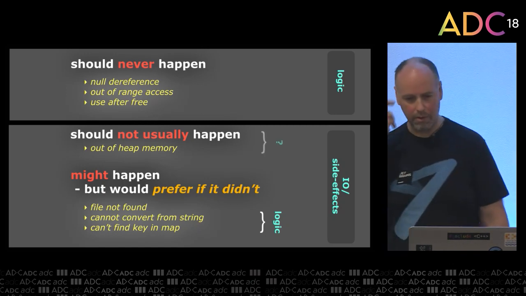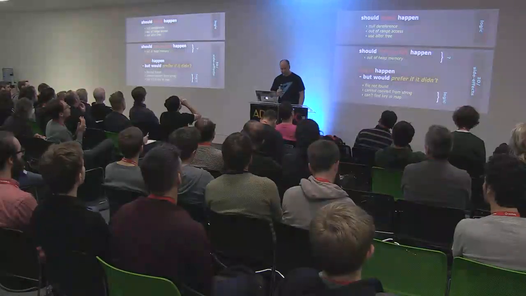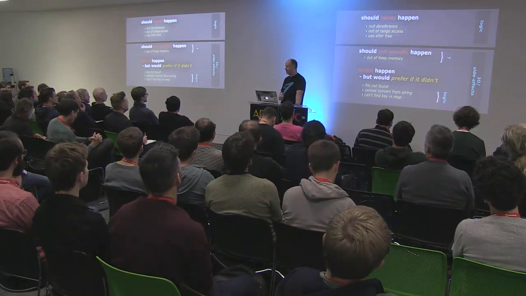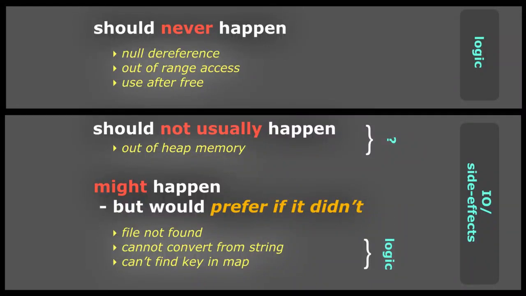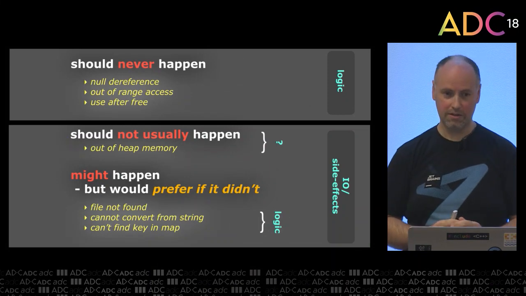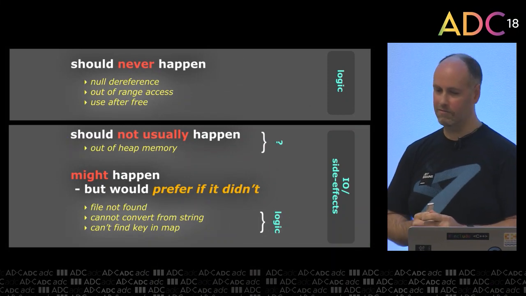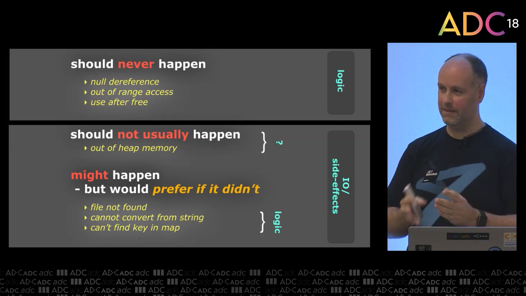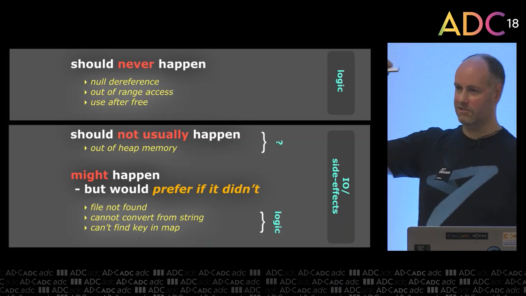The other one is that middle one, which is really annoying, because up until now, we haven't really had a decent way to handle this. And the proposal is, and we'll talk about proposals a bit later, that for most platforms, it makes sense to not handle out of memory, but rather, if an out of memory situation occurs, to actually terminate at that point. In other words, treat it more like the top category.